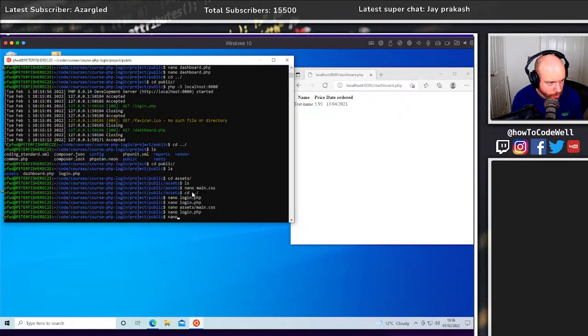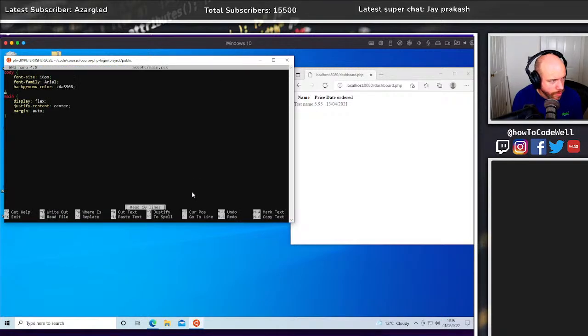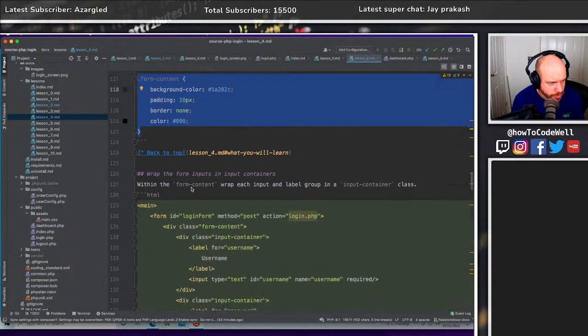Let's now do a nano back into assets, into main. And under here, we're going to paste that in. Boom. Okay. Scroll, scroll, scroll. And then here within the form content,